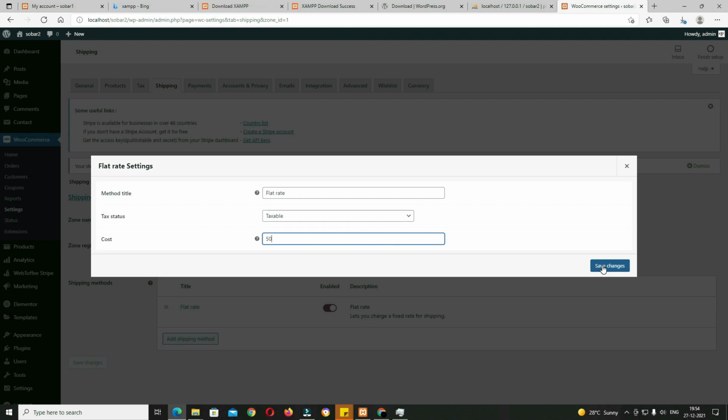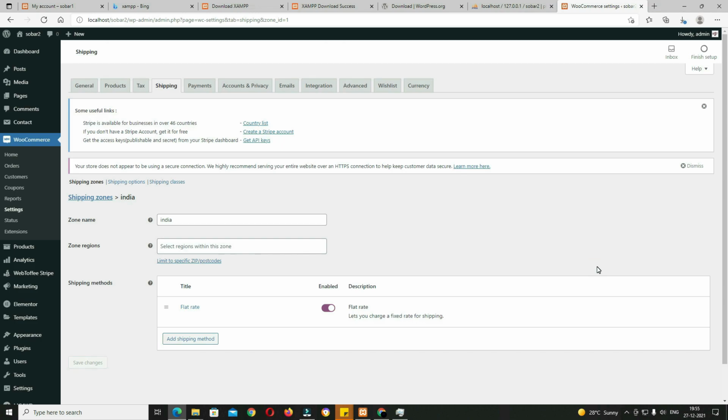There is a formula you have to enter. For that, just hover on the question mark, you will get a formula like 10 * [qty]. So the shipping charges, after that the star symbol, and in brackets you have to write QTY in small letters. Next, you have to click on the save changes option. So in this way, for each and every product the shipping charges will be 50 rupees.